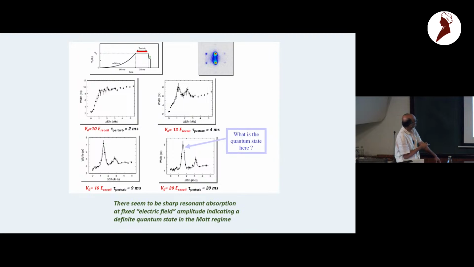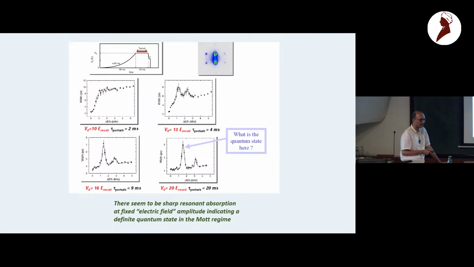So here what they did is the following. They again ramped up this optical lattice potential, but here they put in this tilt, which is called this perturbation, and they let the system be there with that perturbation for about 20 milliseconds. After this, they ramped down this optical lattice to a value such that the bosons, for that value of the optical lattice potential, would be in the superfluid state. Okay. Now, they let it sit there for a few milliseconds,